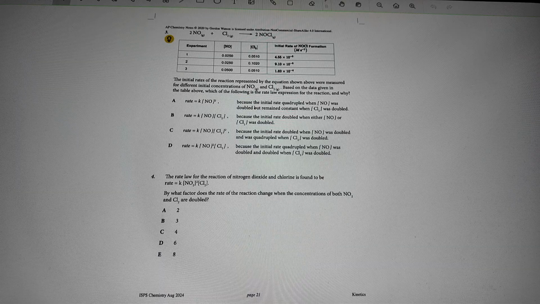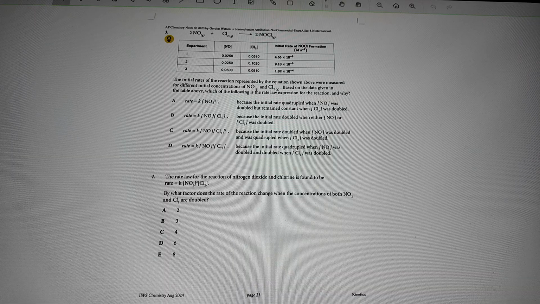Well, I guess we'll take a pause from the video if my laptop dies, because I don't even have another port to charge. Okay, so 2NO plus Cl2 turns into 2NOCl, and there's 3 experiments, and we see that in